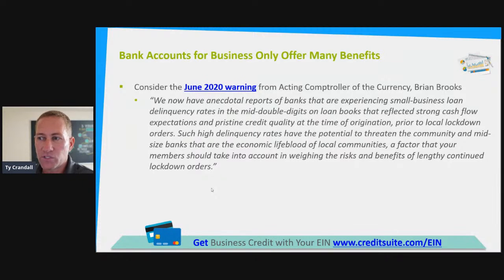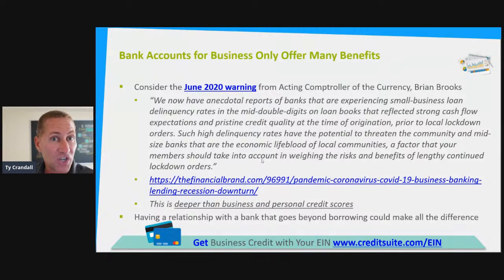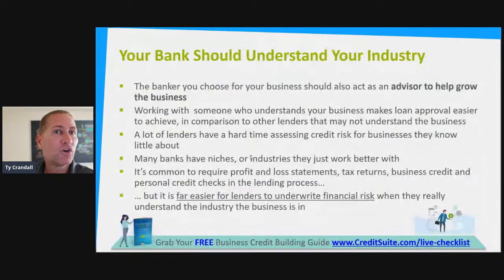Such high delinquency rates have the potential to threaten the community and mid-sized banks that are the economic lifeblood of local communities, a factor that your members should take into account in weighing the risks and benefits of lengthy continued lockdown orders. So I'm just showing you this to show that you need to make sure that you have bank accounts set up, because you can see that it's even addressed when the economic climates change, and the importance of making sure that you have a bank account set up and that you have a good relationship set up with